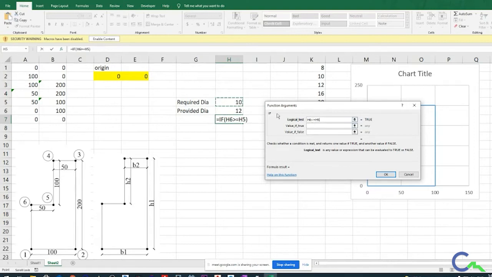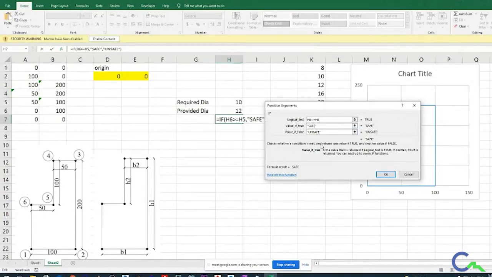I'm giving the cell H6, that is provided, and if it is greater than or equal to H5, I have to show that it is SAFE. I will use caps. Or else if it is less, I have to show that it is UNSAFE.